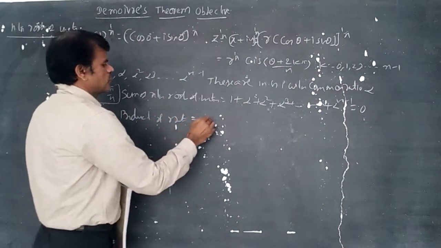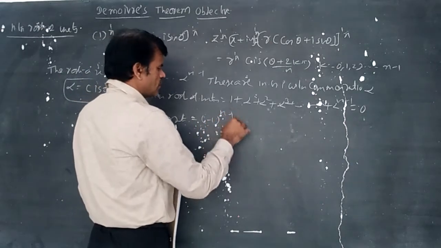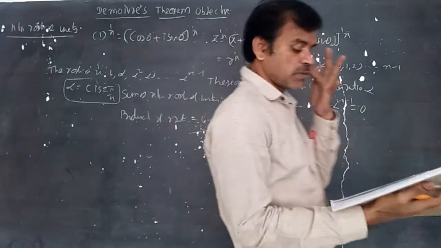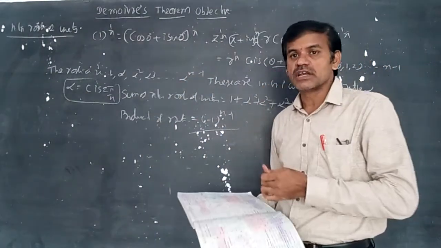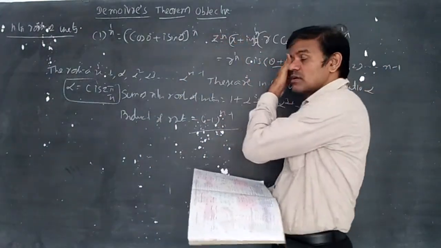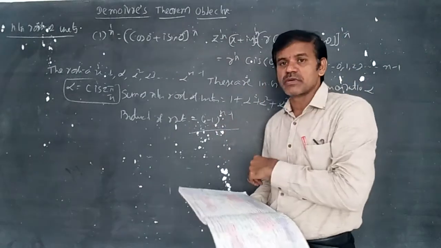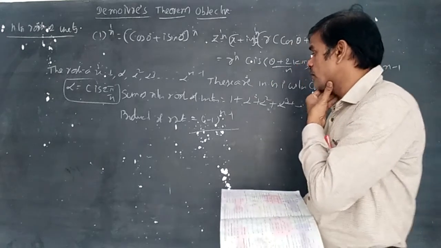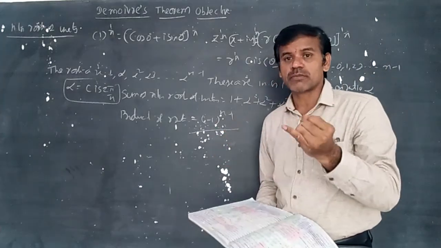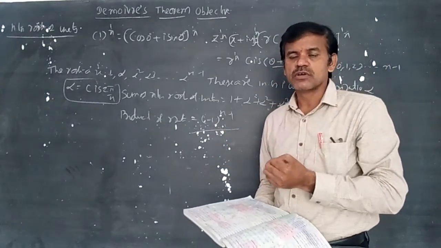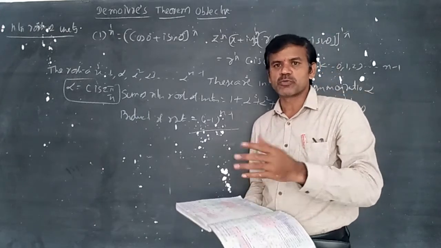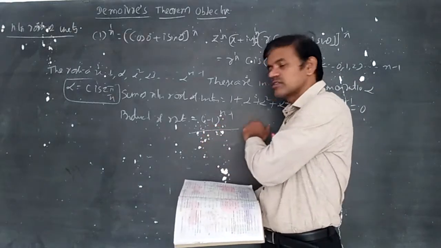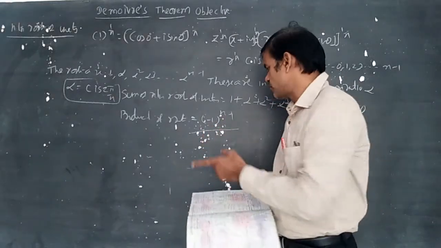The product of roots also we discussed, and I said the proof is there only. In IPE we have discussed each and every concept. The product of roots is (minus 1) power n minus 1, where n decides the power. If n is 3, it is (minus 1) whole power 3 minus 1, that is (minus 1) whole square, which is 1. Example, n is 3: the product of roots is 1 into omega into omega square, because omega cube is equal to 1, already we proved in IPE, and (minus 1) power 3 minus 1 becomes (minus 1) square, which is 1.